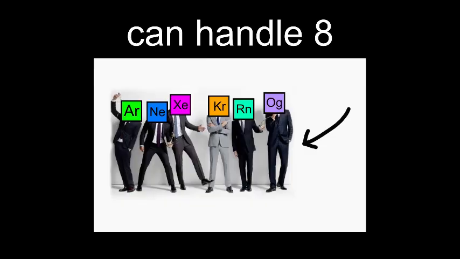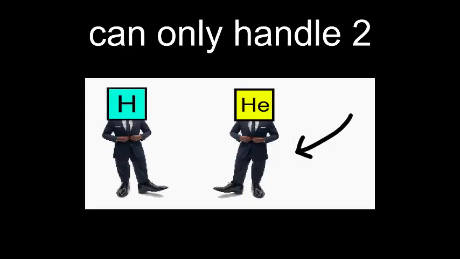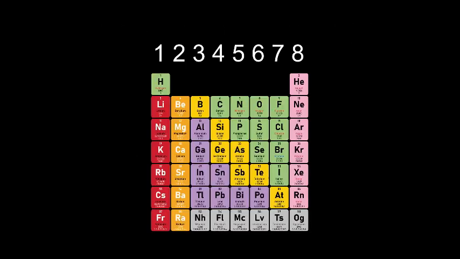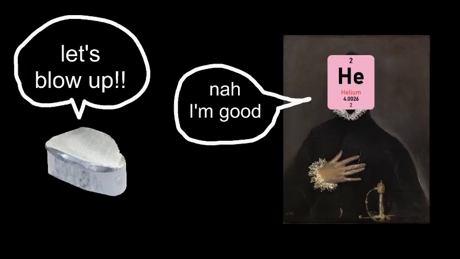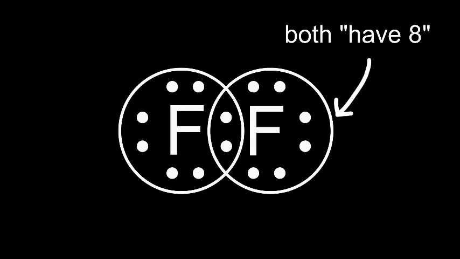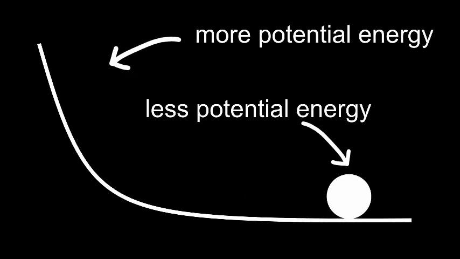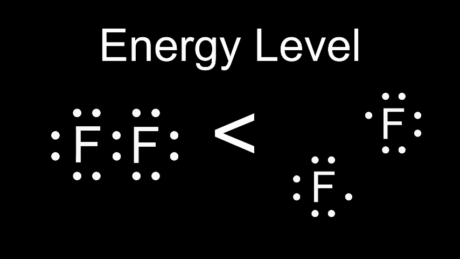This trend also applies to atoms. The state of lowest potential energy is having a full outer shell of electrons, which is most often 8, or in the case of hydrogen and helium, 2. If you think back to the periodic table, you'll see that all noble gases already have a full outer shell, which is why they don't really want to react with anything. If two atoms don't have a full outer shell but can achieve one by sharing electrons, they will naturally do so, the same way a ball will go downhill, as their combined energy would be lower than if they were separate. The sharing of electrons is called a covalent bond.